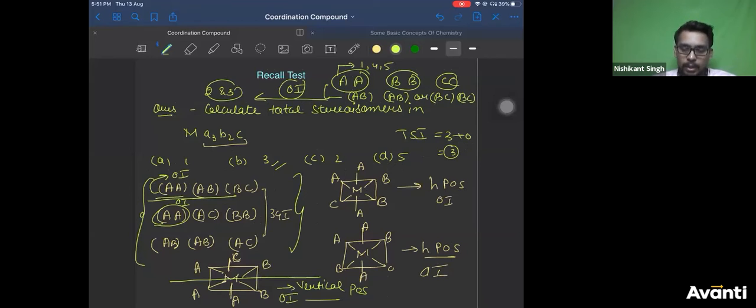Right? Any doubt in this, anyone? Please check this carefully. If there is any doubt in this, please ask quickly. So you can definitely apply plane of symmetry and check. Then you can also use this trick to find it, but use the trick only for monodentate ligands. Do not use it for bidentate ligands and all. Okay? It's not going to be very useful there.